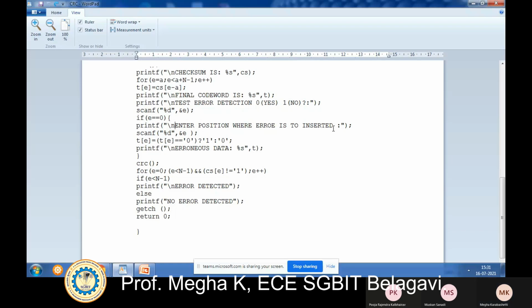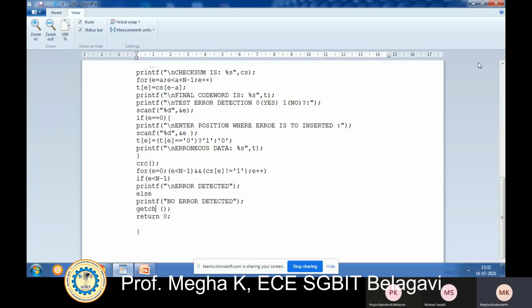You have inserted the error in that particular position. Finally, it will check for error detection. If E value is less than n minus 1, printf error detected, or else no error detected. Okay, so this was the program.